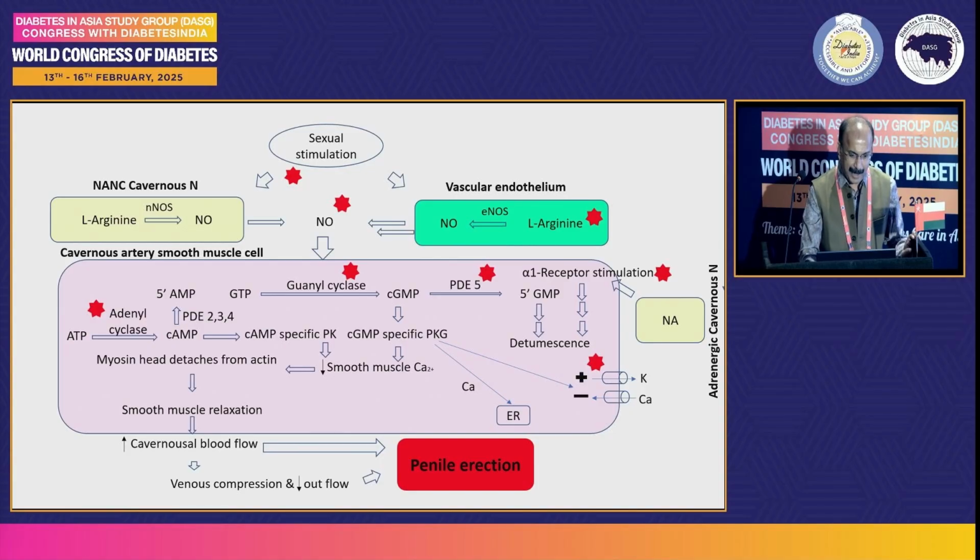help to activate the neurotransmitters in the brain can help in improving erectile function. Similarly, those which provide substrate for the synthesis of nitric oxide or nitric oxide donors, or which activate the guanylyl cyclase or adenyl cyclase, or which activate the potassium channels, all these can help to improve erection. Whereas the agents which can inhibit the degradation of cyclic GMP, that is phosphodiesterase 5 inhibitors or alpha-1 receptor blockers, can also stimulate erection, improve erection.